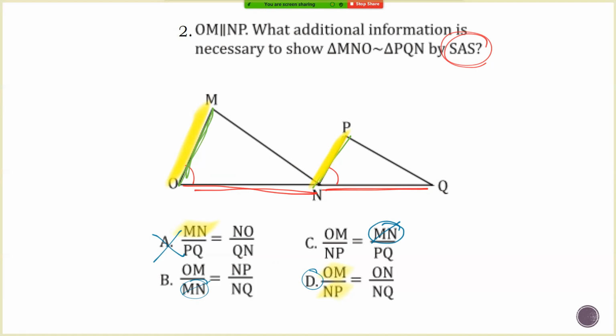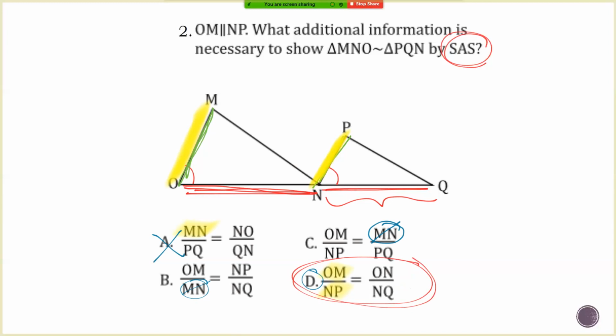When I make my second proportion, I have to start at the same triangle I started with before. So for the first one, we started at OM, which is the triangle on the left. Talking about the triangle on the right, I've got to make sure I'm talking about this red side down here. ON matches ON. And then for the second denominator, you're talking about this side here. NQ has to line up with whatever's down here, and it does. So letter D is your